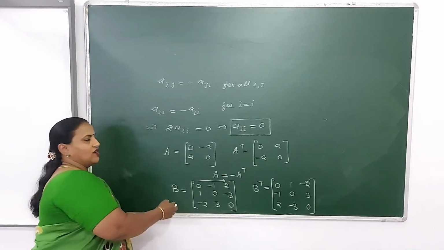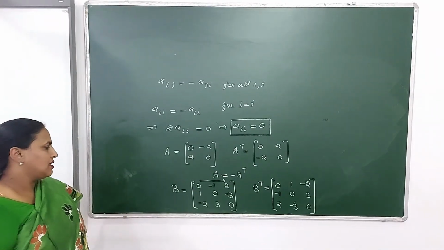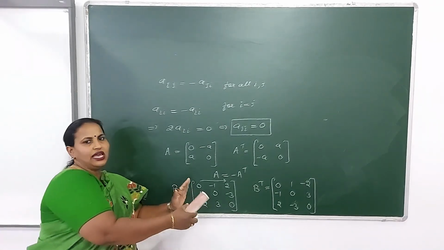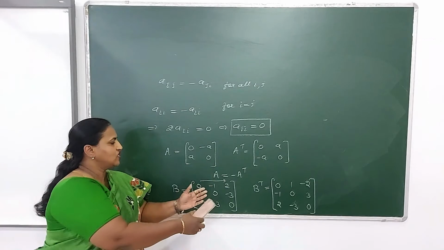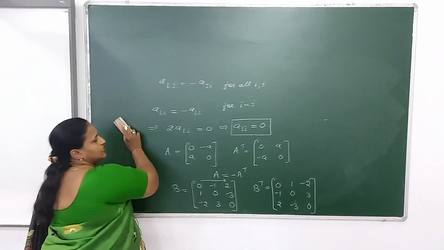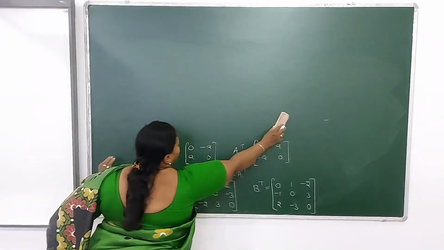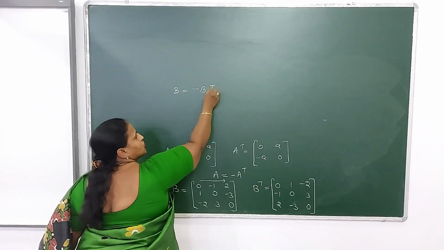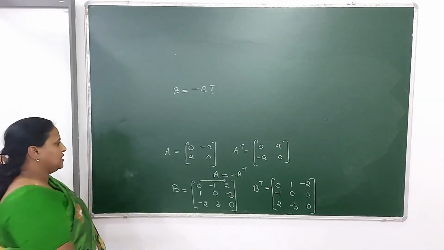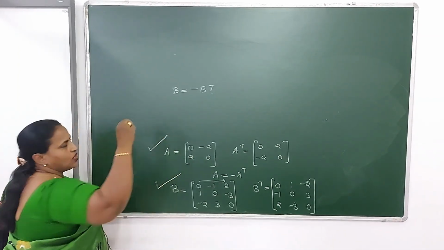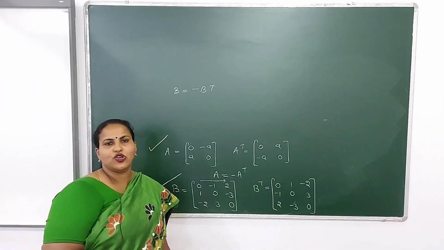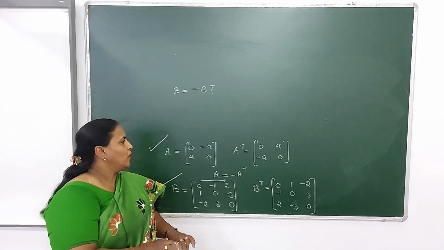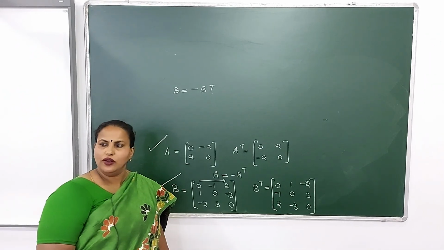Okay, fine. Now see both the matrices. What will be the conclusion of B and B transpose? You are finding the elements same, but the only difference is with the minus sign. That means here we reach the conclusion that B is equal to minus of B transpose. That means A and B both are examples of skew symmetric matrix. I hope children all these are clear to all.